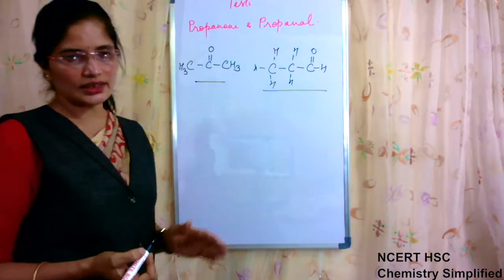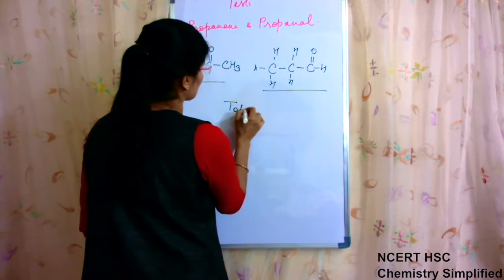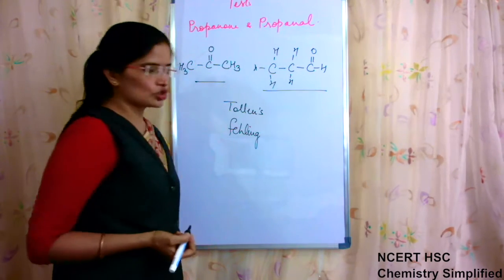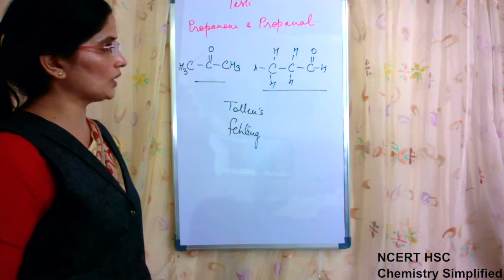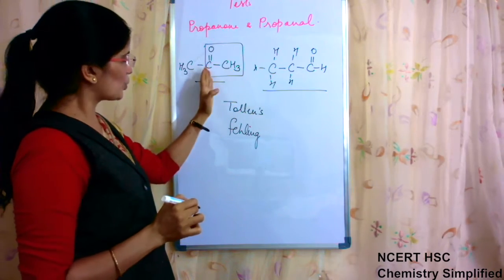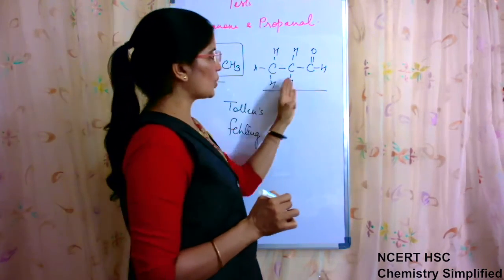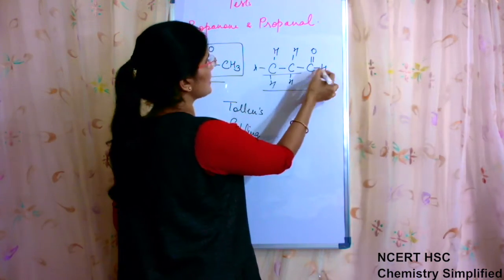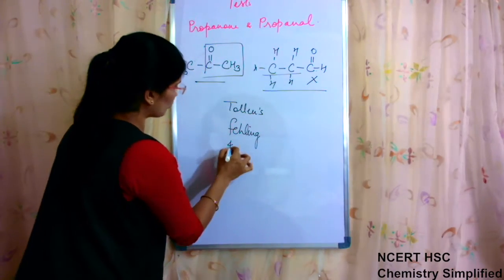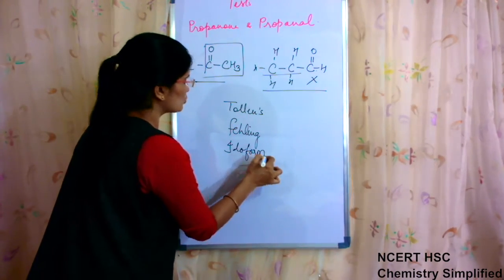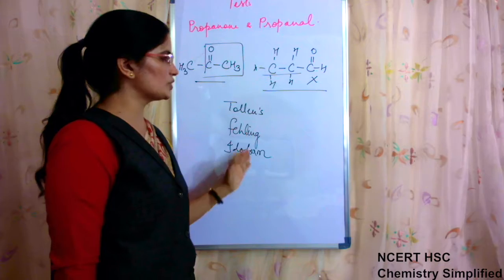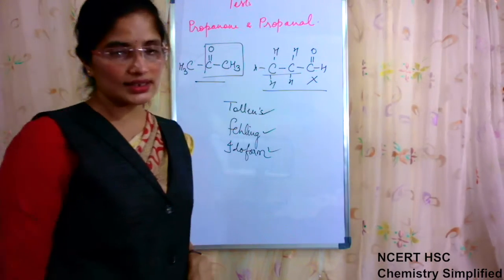Now the first thing we can see is that this is a ketone, and this is an aldehyde. So aldehydes and ketones can be distinguished using Tollens reagent or Fehling solution. This is one of the ways by which we can find out. Another is that one of them is a methyl ketone, with a CH3 group and CO group on one side. But the other is not a methyl ketone; it has an ethyl group on one side and H on the other side. So even the iodoform test can be used for distinguishing these two compounds. So propanone and propanal can be distinguished using any of these three tests.